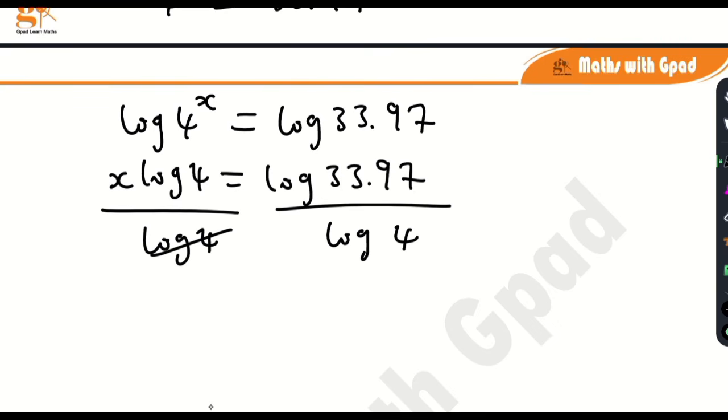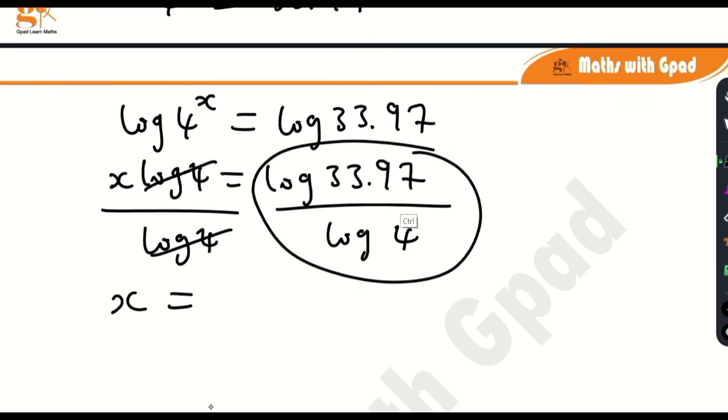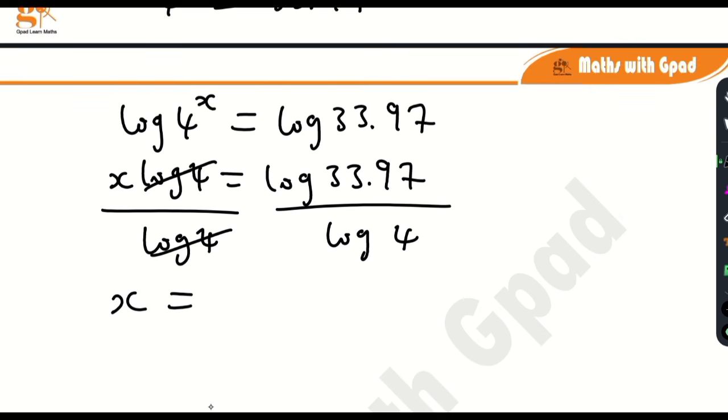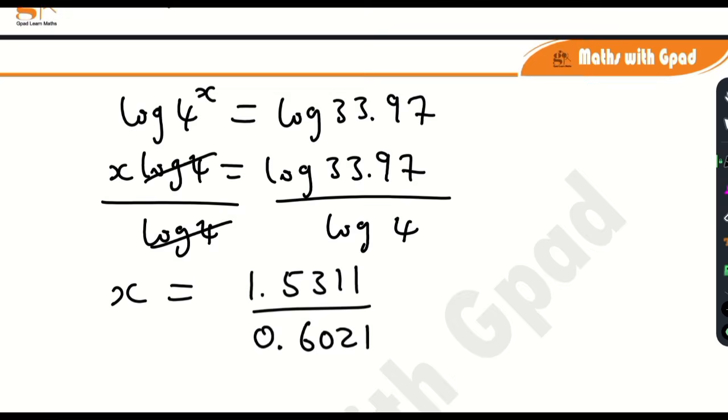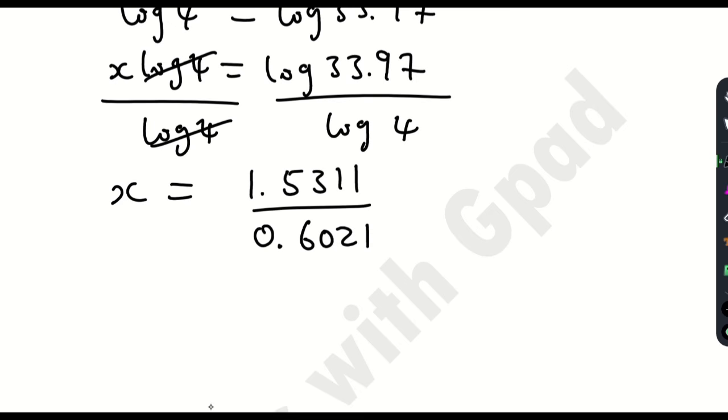So let's divide both sides by log 4 to get the value of x. So log 4 cancels log 4, and I have that x is equal to all of this now. Okay, so what is log 33.97? Using my calculator, log 33.97 is 1.5311 over, what's log 4? Log 4 is 0.6021. So let's divide again. 1.5311 divided by 0.6021 is